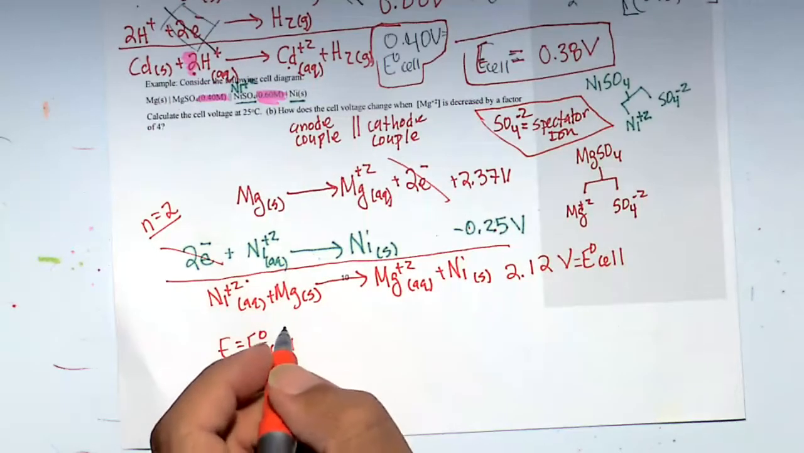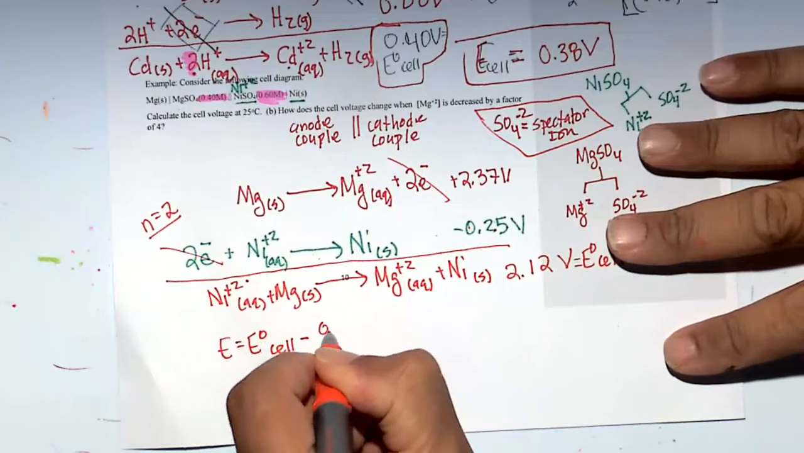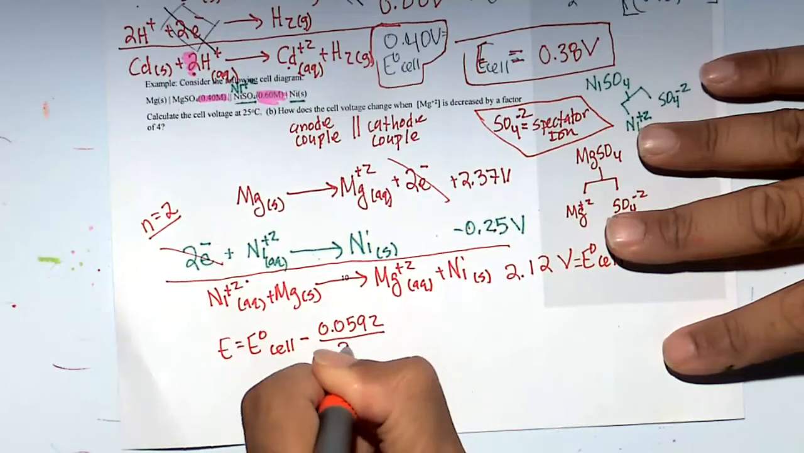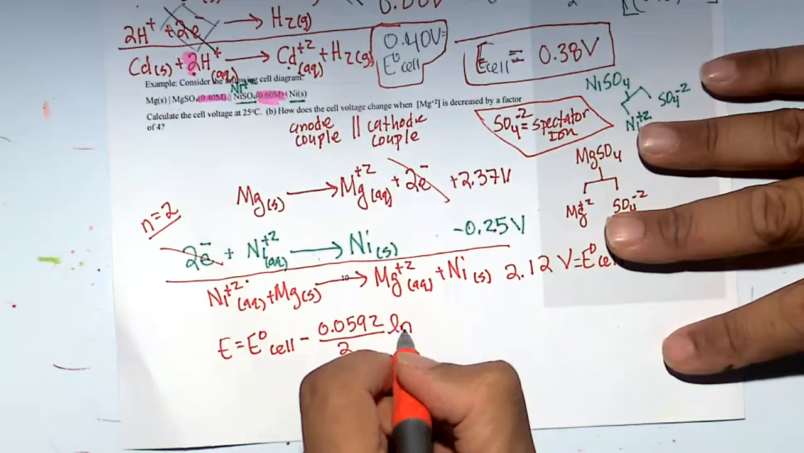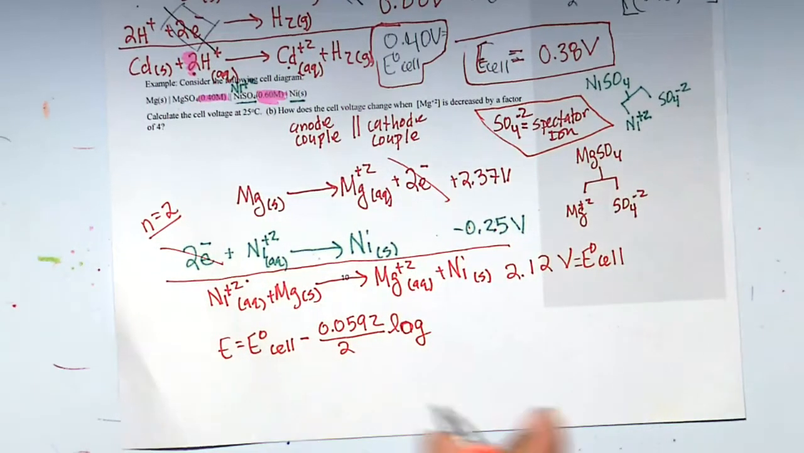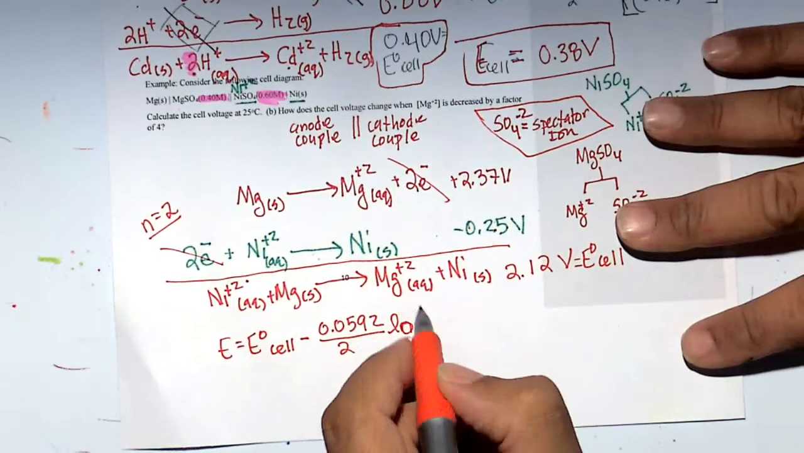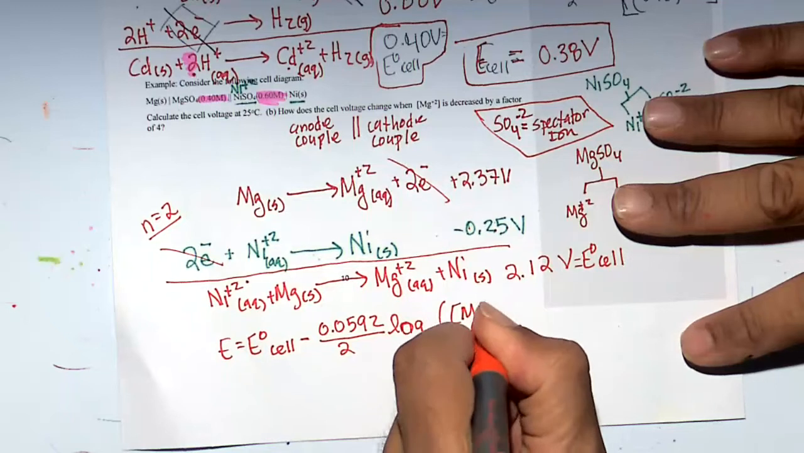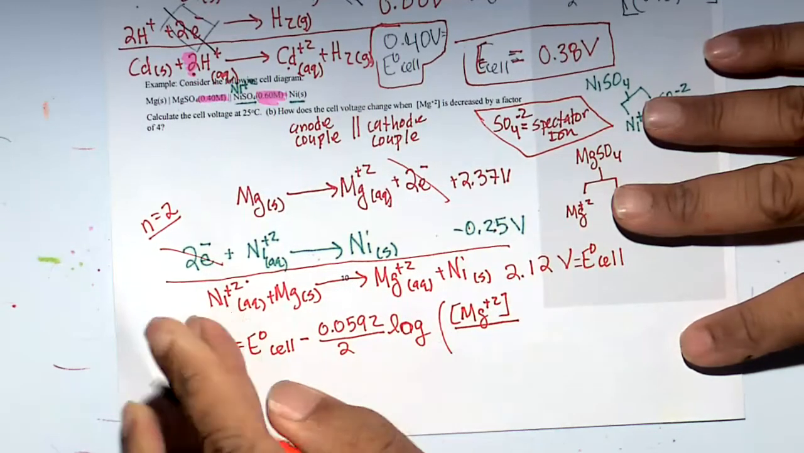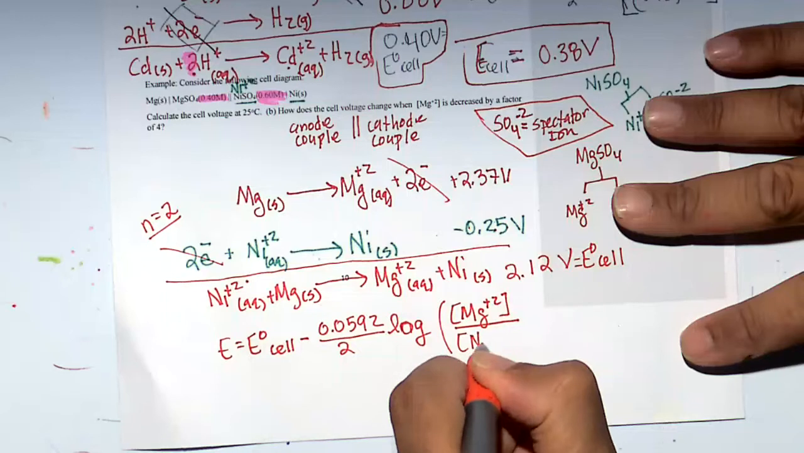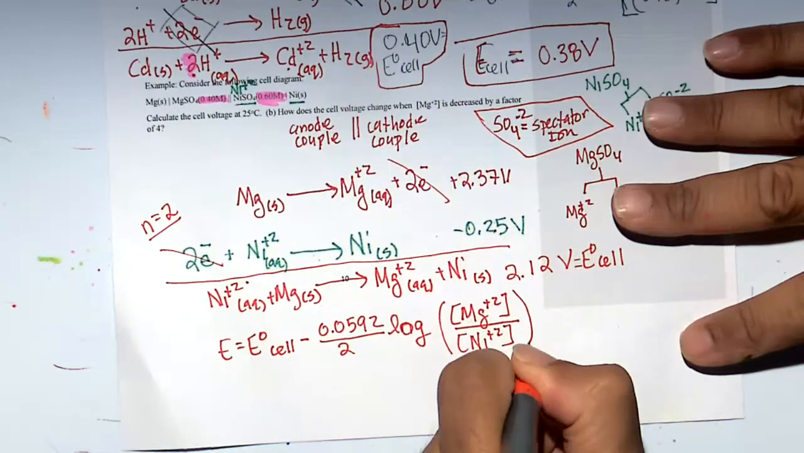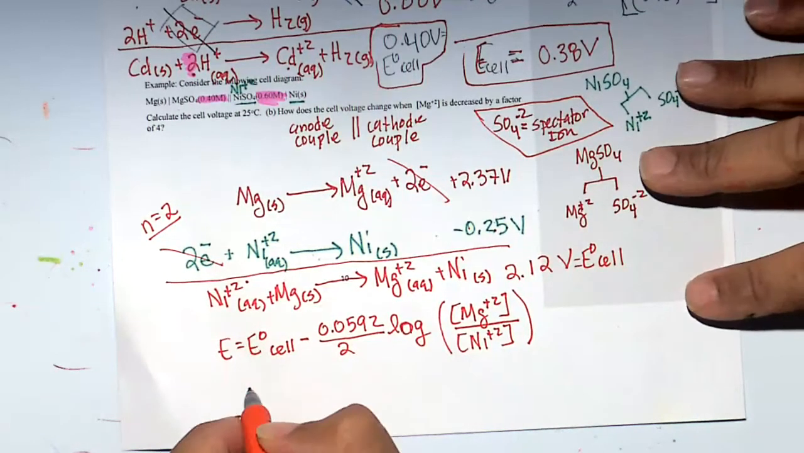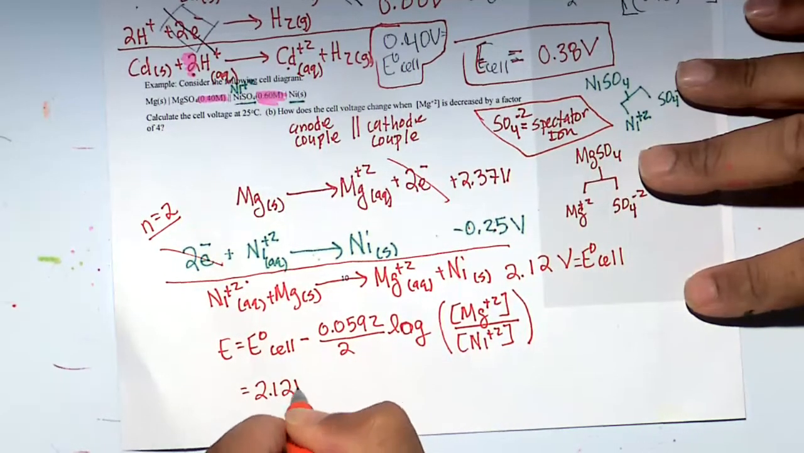E cell, standard state, minus 0.0592 divided by 2, log of Q. Q here is going to be concentration of Mg plus 2, is it not? Products over reactants, divided by the concentration of Ni plus 2. All right, E cell, we just calculated that is 2.12 volts, minus